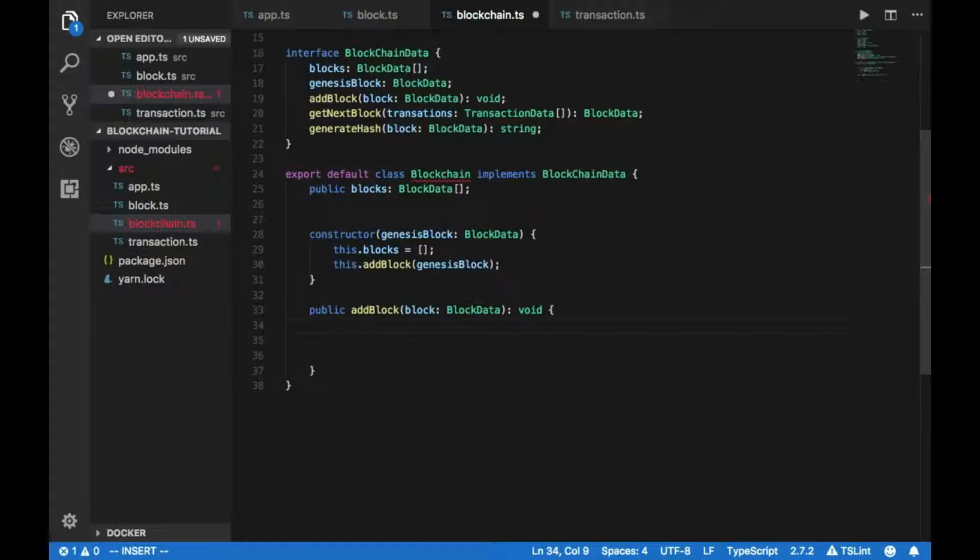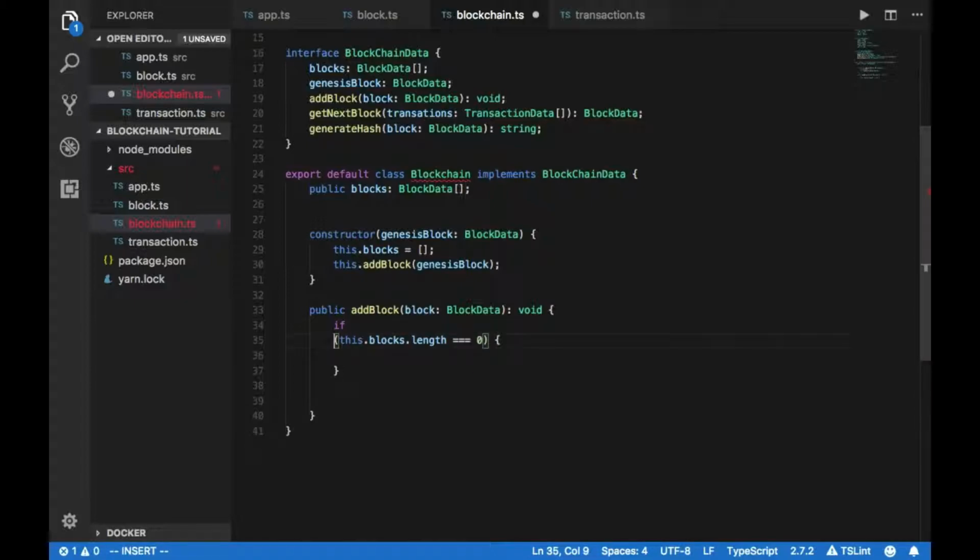The Genesis block has no previous hash, so we need to create our own hashes right now. So let's just quickly check if this.blocks.length is 0, meaning that this is a